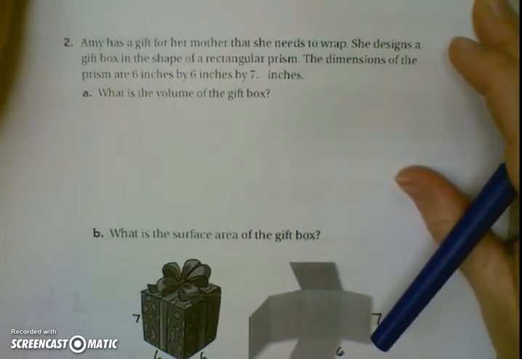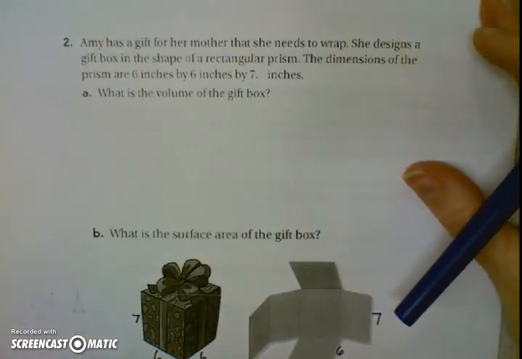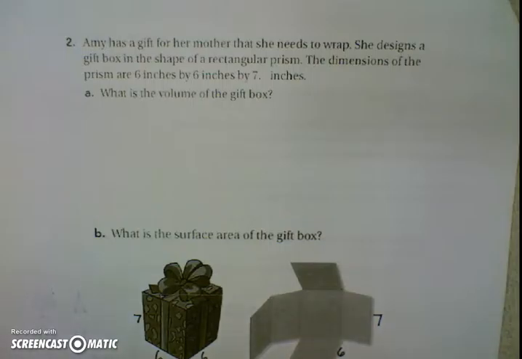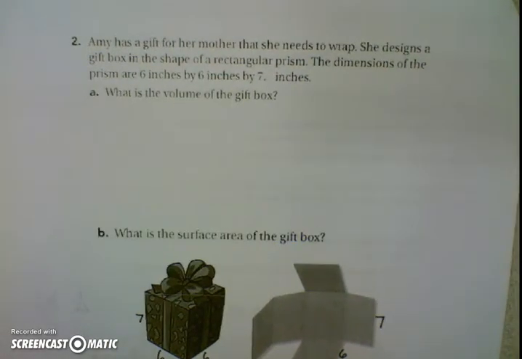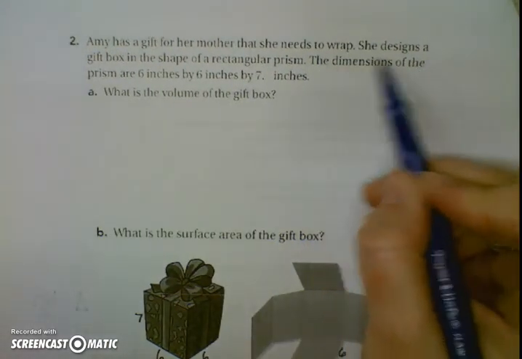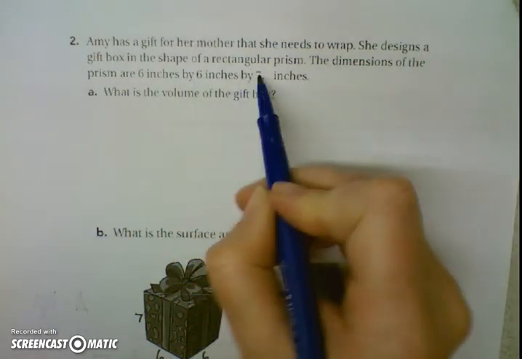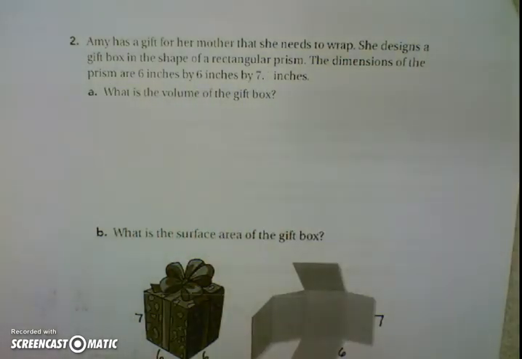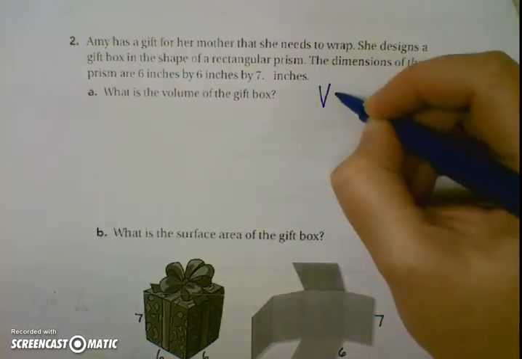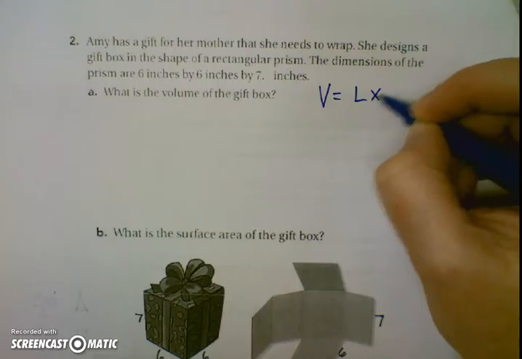Number 2. Amy has a gift box for her mother that she needs to wrap. She designs a gift box in the shape of a rectangular prism. The dimensions of the prism are 6 by 6 by 7. What is the volume of the gift box? Okay, so we know the formula for volume. Volume is length times width